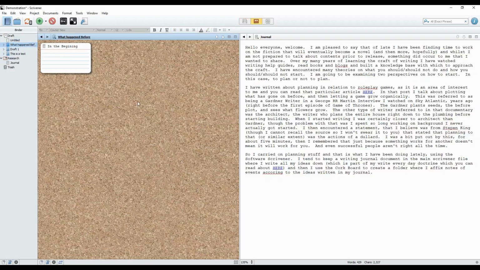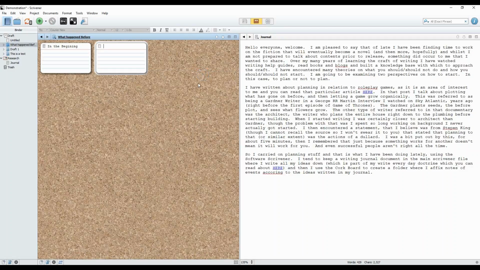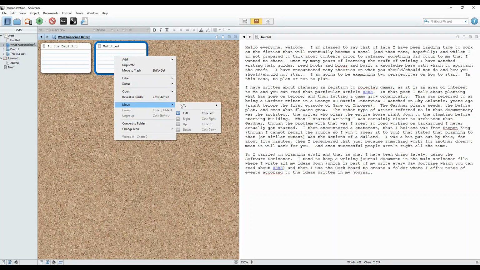I would then go back to the folder, and I'm thinking, okay, so now I've got a little bit of a history. What happens after that? What are they going to do? And I would just keep on adding new cards to the what happened before. Actually, I'm going to delete that just now. Move to trash,